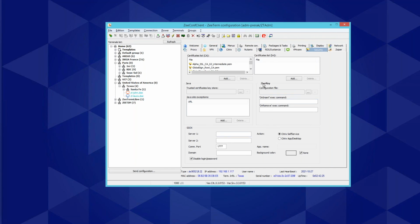Over here, ZeeKey is one of our other products that Omar mentioned during his presentation. So you could have certain configurations for ZeeKey over here. One interesting use case for ZeeKey is the hot desking feature